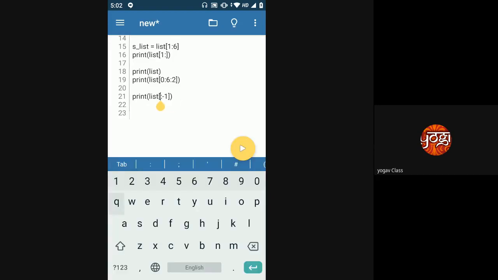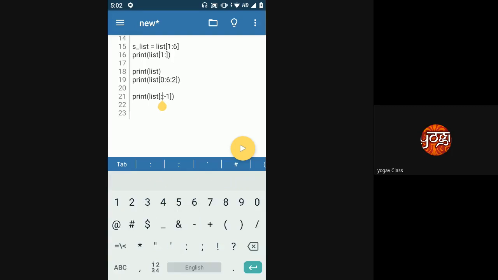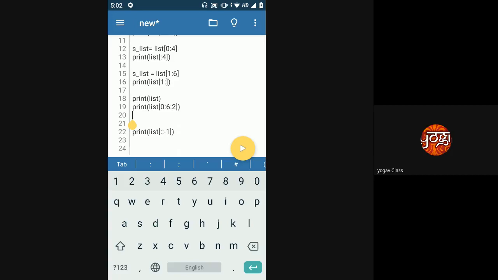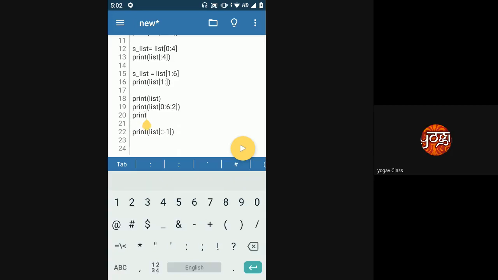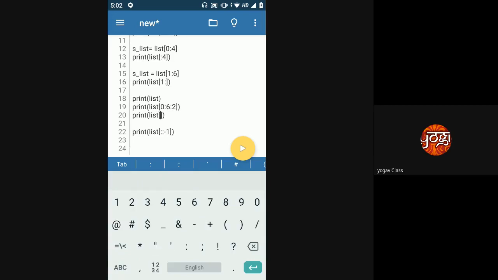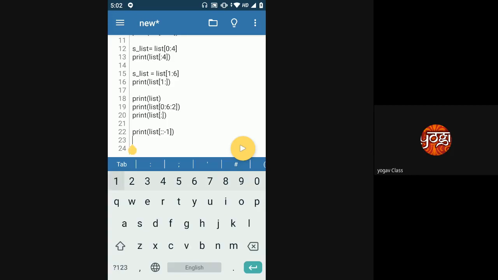Okay. You can directly put it as empty for now, just as we discussed. When you're putting empty, it means from starting to the ending index, all the elements of the list. Similarly, you will put one colon for starting index and ending index, and one colon for the step size. And when you give step size of minus 1, the list will get printed in the reverse order.